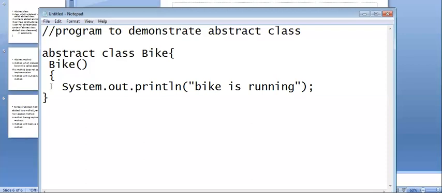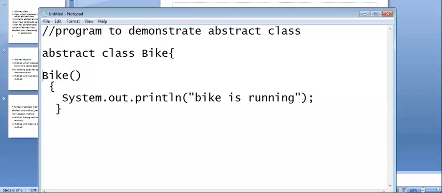Here Bike is a constructor because its name is the same as the class name.